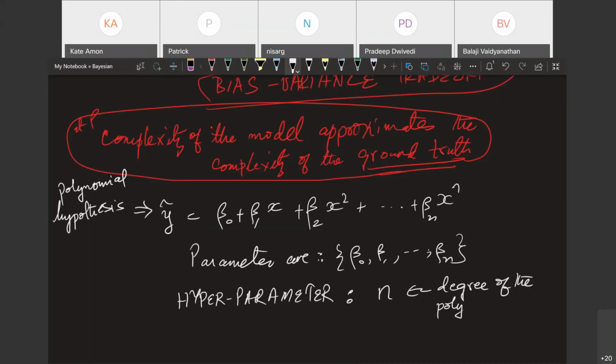It is the complexity. The more n increases, the more complex the model becomes. What you have to do is successively make polynomial models of higher and higher degrees. But then, when do you stop?